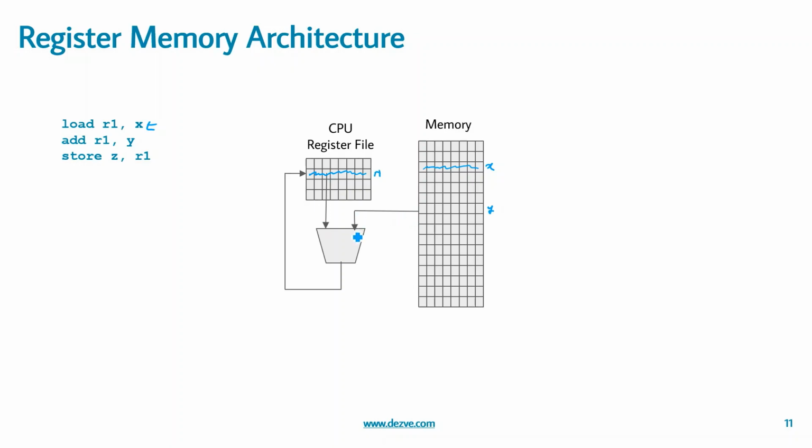The result is implicitly assumed to be the same register where we are operating on. So we add, so if you see, this R1 would be basically R1 plus Y. R1 previous to this execution was holding X, so R1 at the end of add will hold X plus Y. So when we store, when we reach here, the value of this R1 would again be stored back to a memory with location Z. This is one of the popular architectures. Intel x86 uses this architecture.